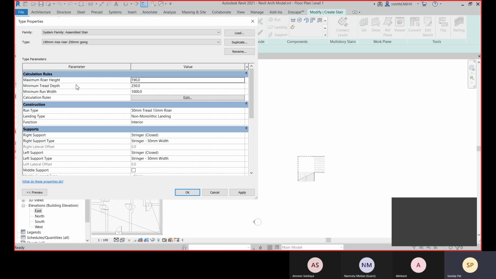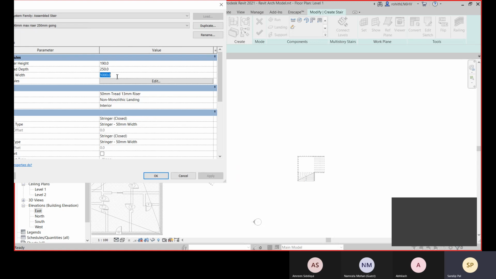Here you see the minimum run width is 1000 over there, and I have applied 3000. So that's the problem. What's happening? So 3000 is the minimum run width.